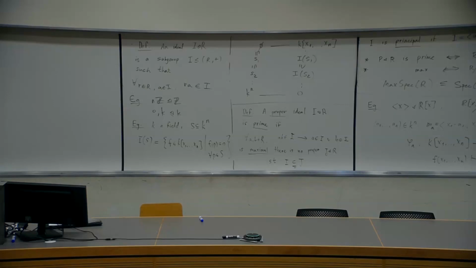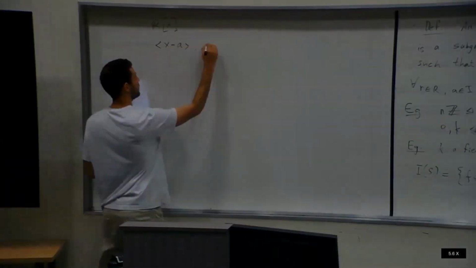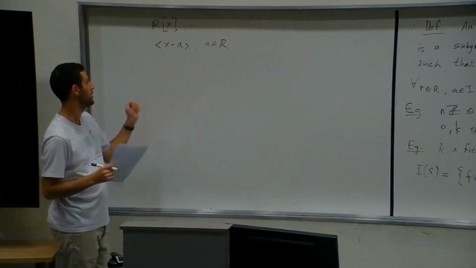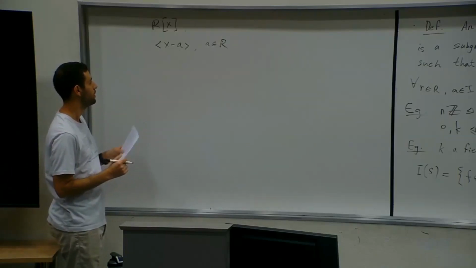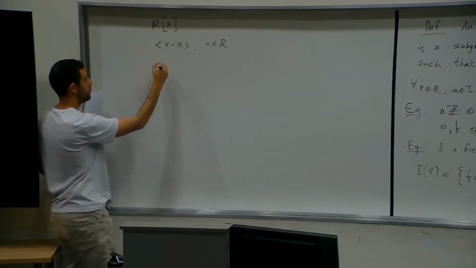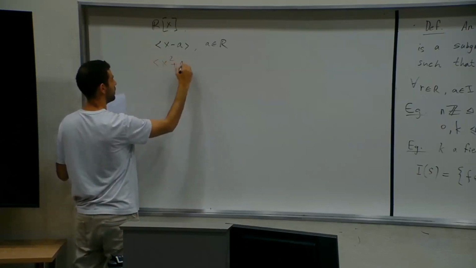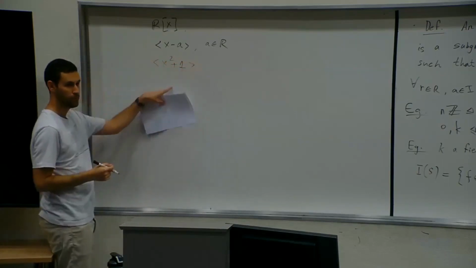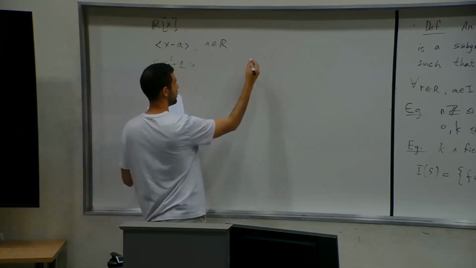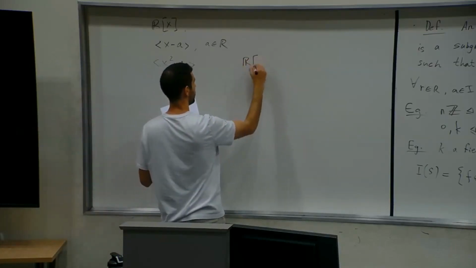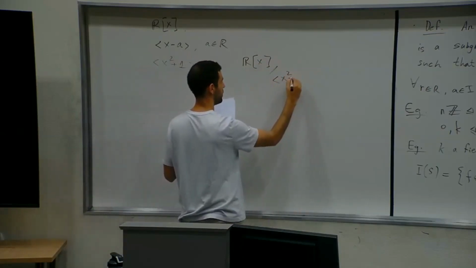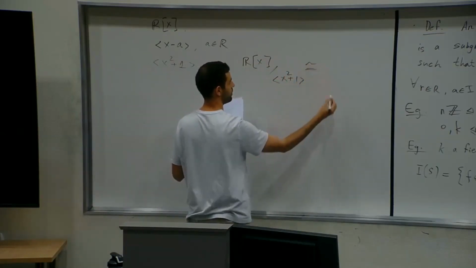So these ideals are always maximal, because of what we just said. But are there other maximal ideals which are not of this form? Well, like an irreducible polynomial, but not linear. Right, great. So an example: x squared plus 1, which is not linear, yet the quotient is isomorphic to C.